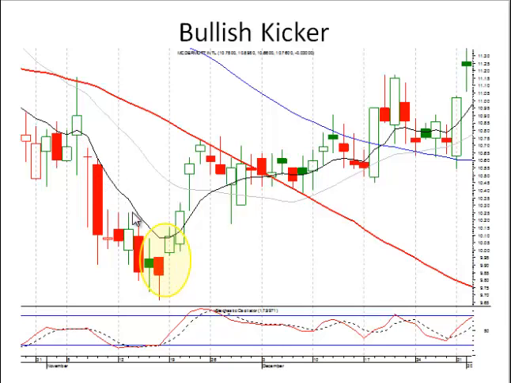So anytime you see a downtrend, you're getting into the oversold area, not necessarily in the oversold area, but if you are in the oversold area and you see them gap it up the opposite direction, that tells you this oversold condition has now changed. They're going to take it back up to at least the next resistance level.